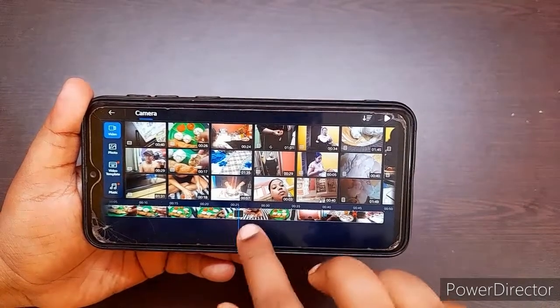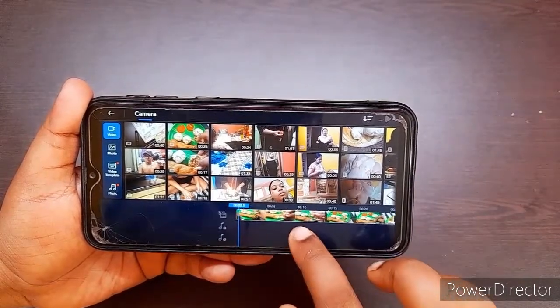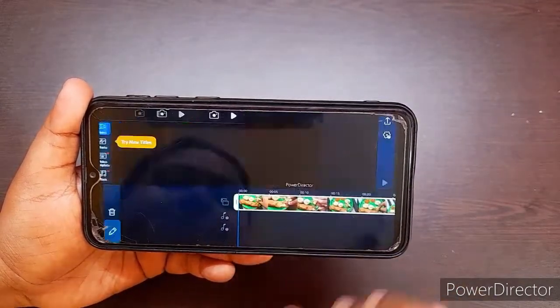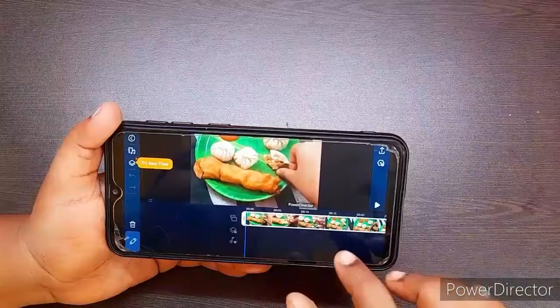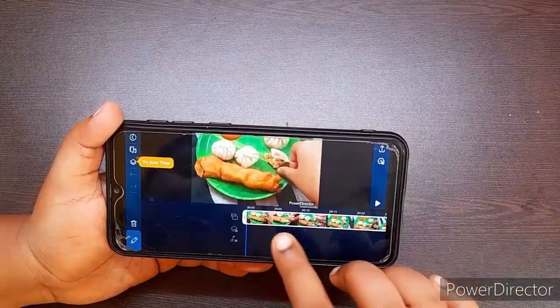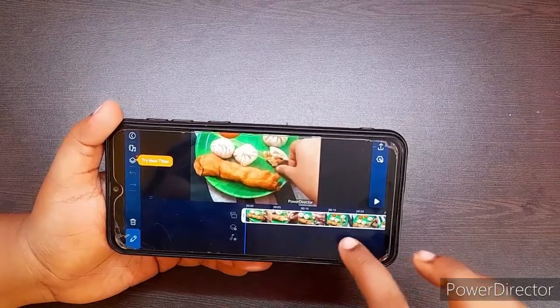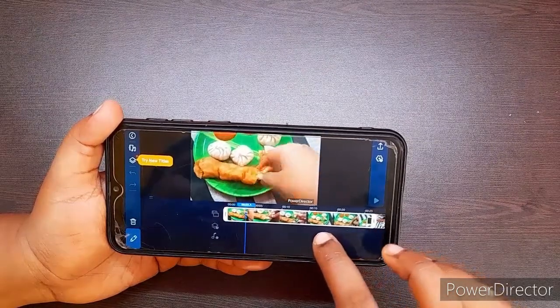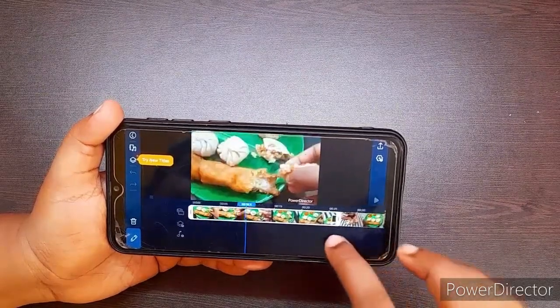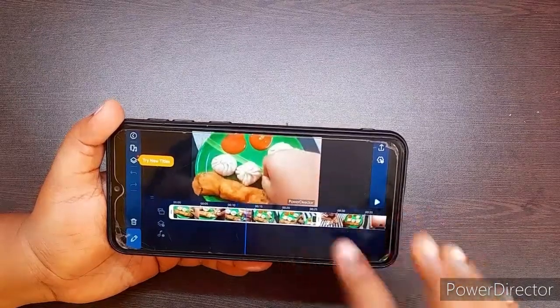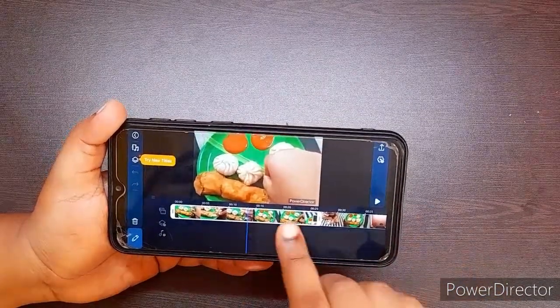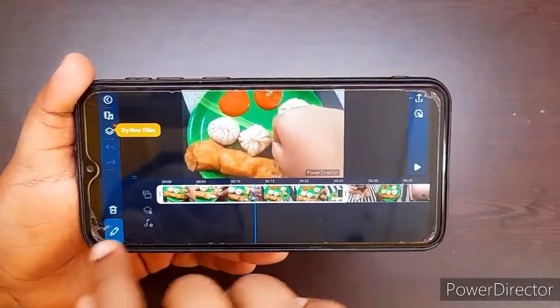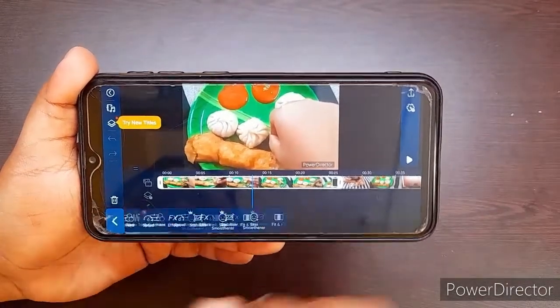So now again I will go to the first, and then I'm clicking on this first one, and then you see the video is fine, nice. And if you want to do something about this video, you have to click on this edit button.